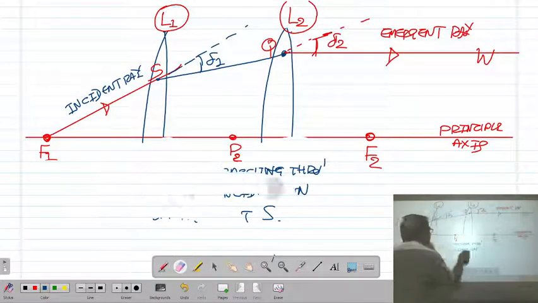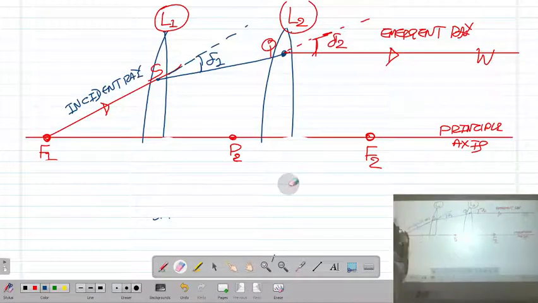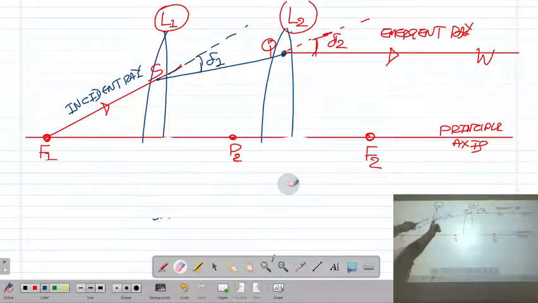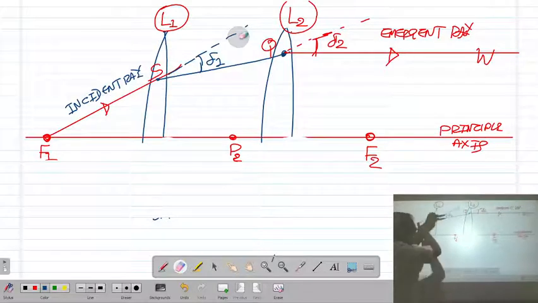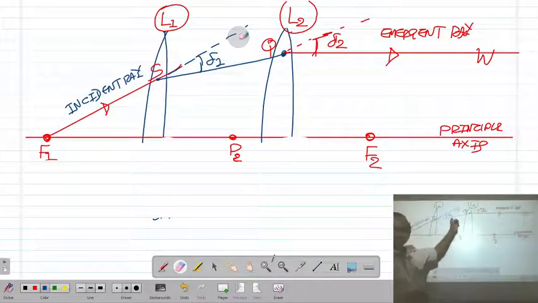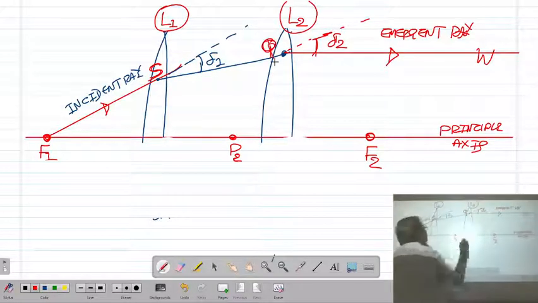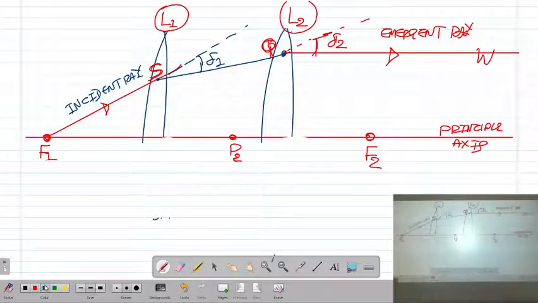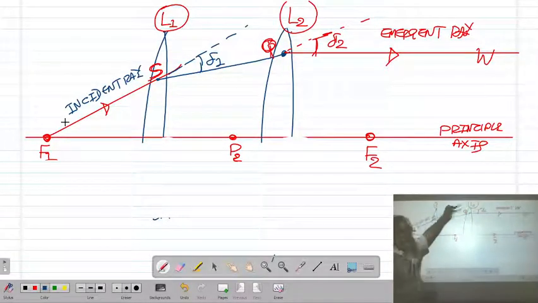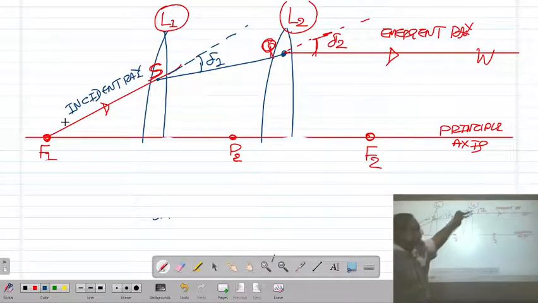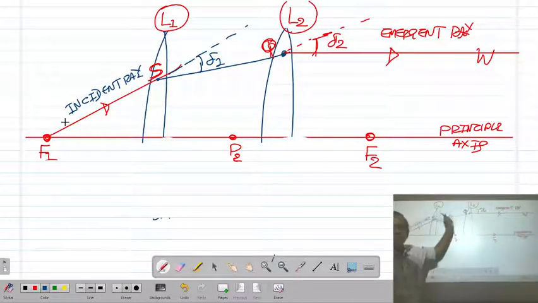Now we know very well that the incident ray F1S, passing through the first focal point F1 and incident on the first lens L1 at point S, is deviated through angle delta 1 in the first lens and travels in the direction SQ. So the incident ray, instead of going straight, is deviated through angle delta 1 in the first lens and travels in the direction SQ. Now when it is incident on the second lens, then instead